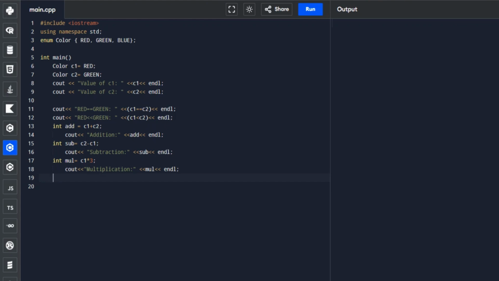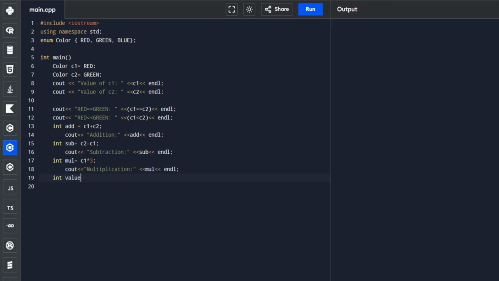Declare a new variable and name it value. Casting is like converting the enumeration.